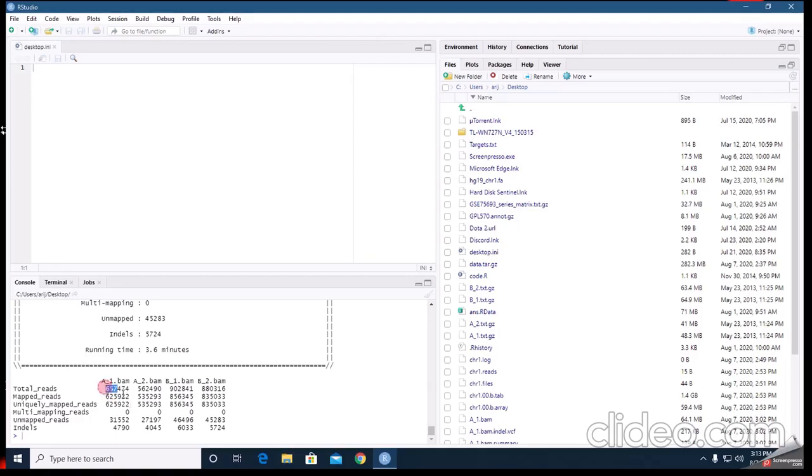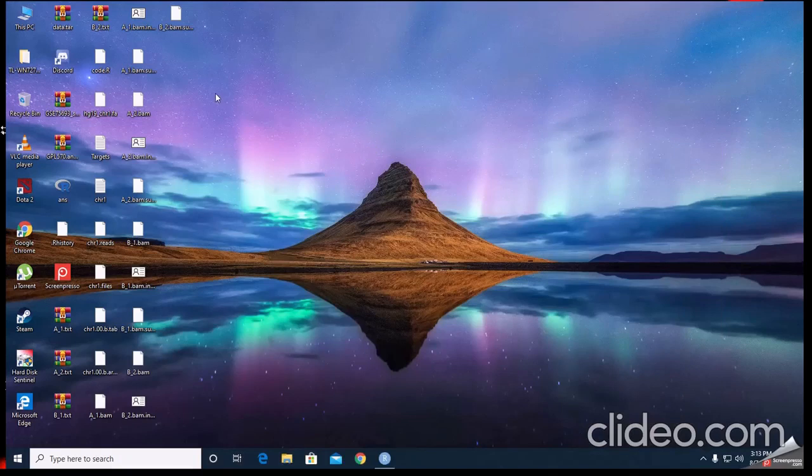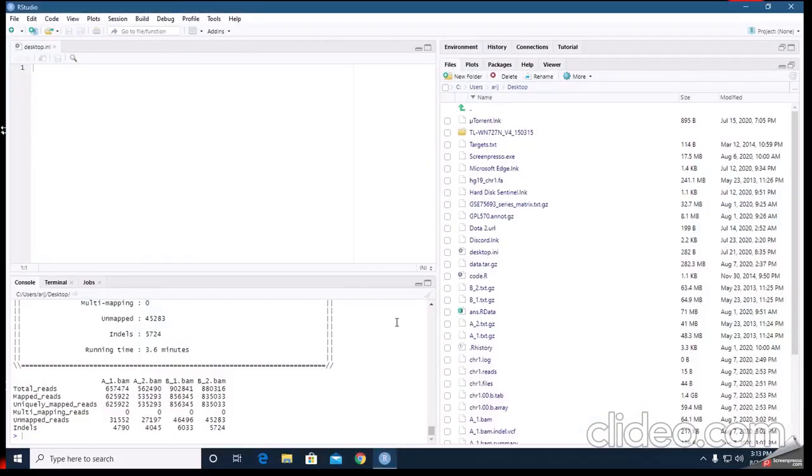Okay, see this, all the reads are not mapped. Something is remaining, 5,000 and some, I think 3,000. Then the uniquely mapped reads and the unmapped reads are also shown, and indels, which are our insertion and deletion mutations.